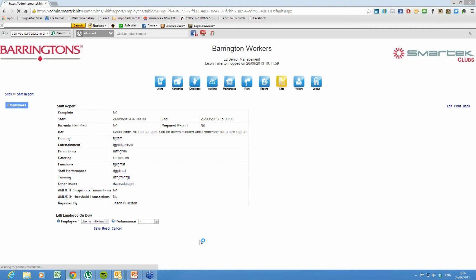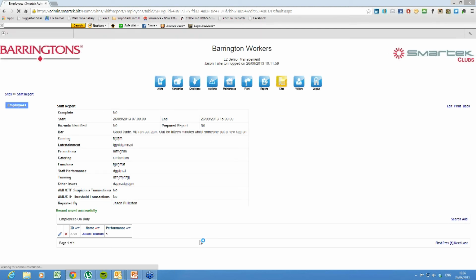And save that. Now, if at the end of the month, or if you wanted to get a series of scores for a particular employee for their 3-month review, you could take that. We could create a report just for that employee on all the scores they've got over the last 3 months, and you can then export that into Excel or whatever program you like to do what you need to do with it. So that is the shift report